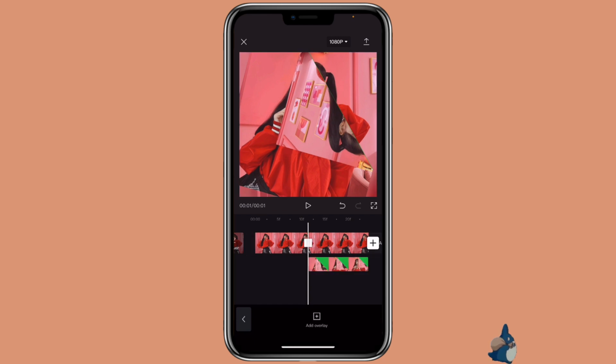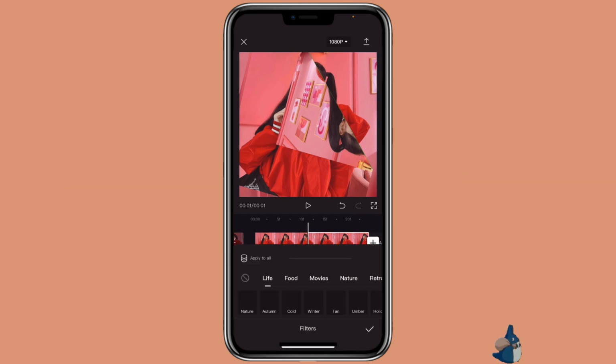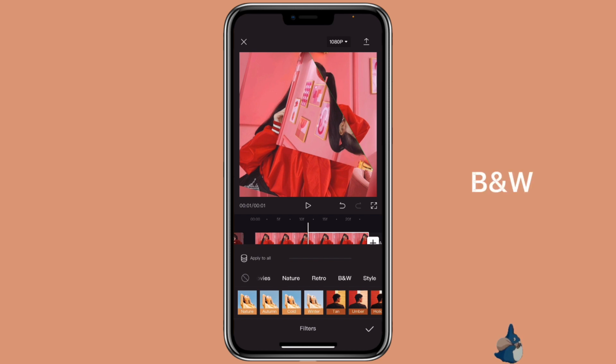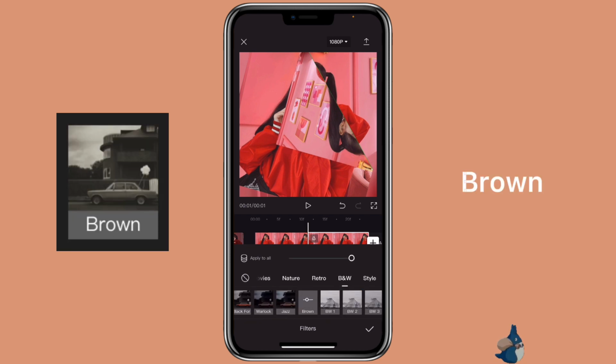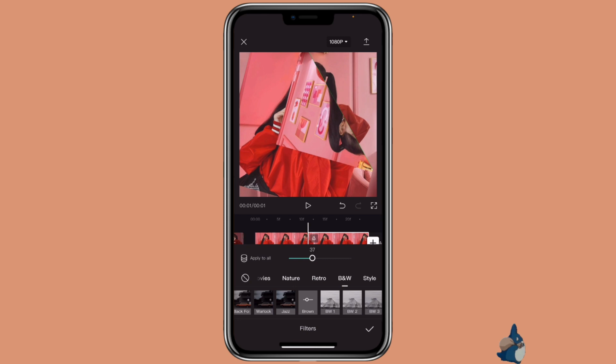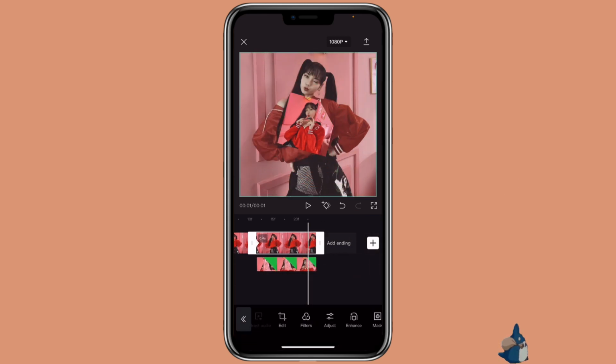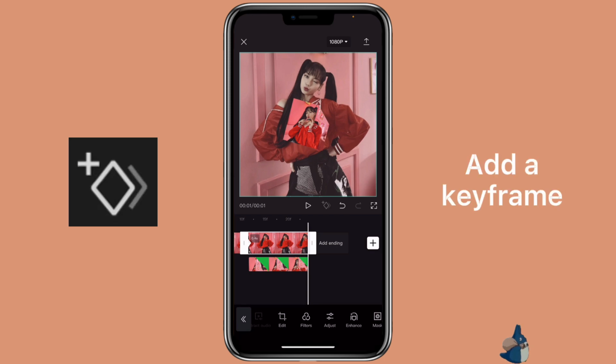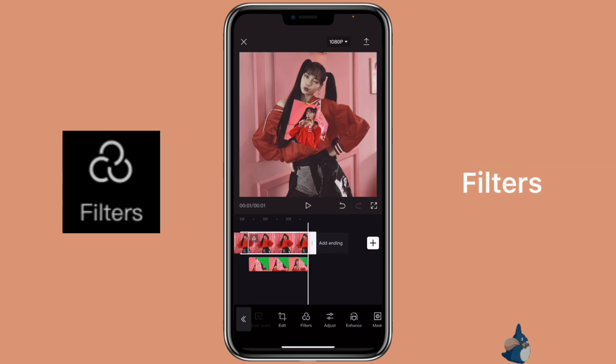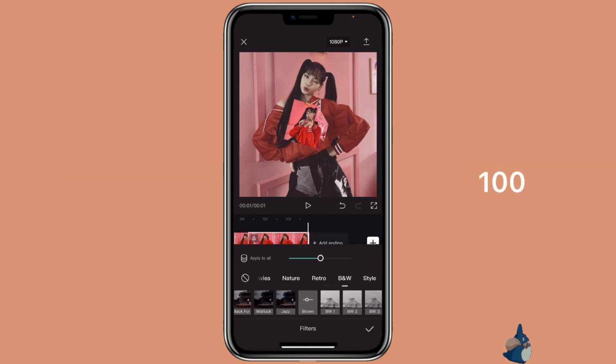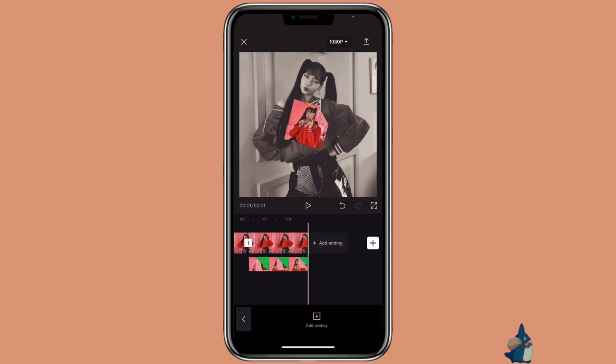Then you want to go to the beginning of the overlay area, click on the main one, click on split, then click on the second half of the main picture, add a keyframe, then click on filters, select black and white, select brown, then adjust it to about 50. Then go to the end of it, add another keyframe, click on filters again, and then adjust it to 100. Then click on export,